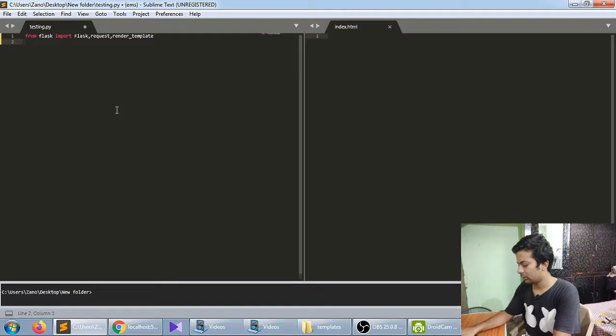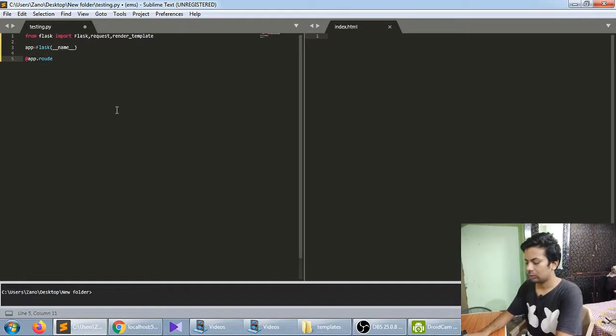We'll make app equals Flask(__name__), then @app.route. It's a basic index page rendering: def index, return render_template.